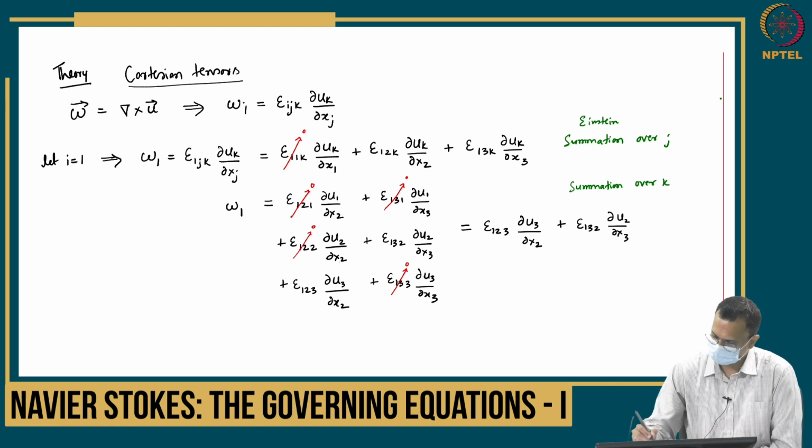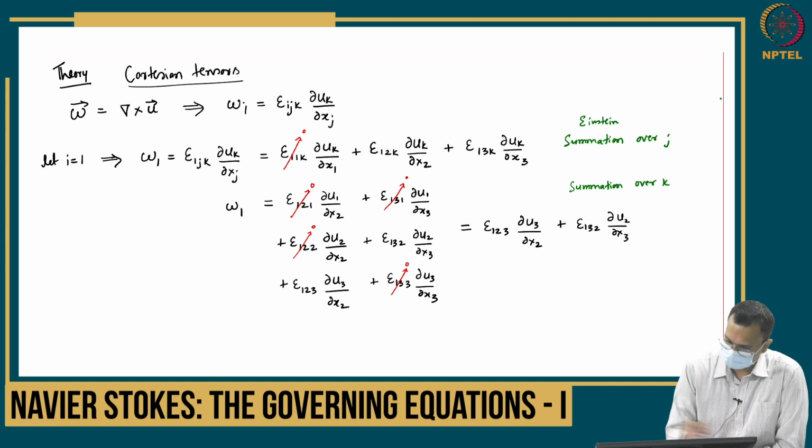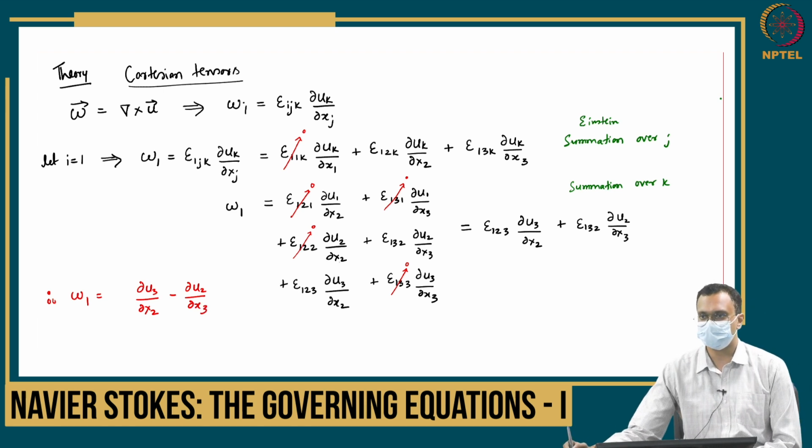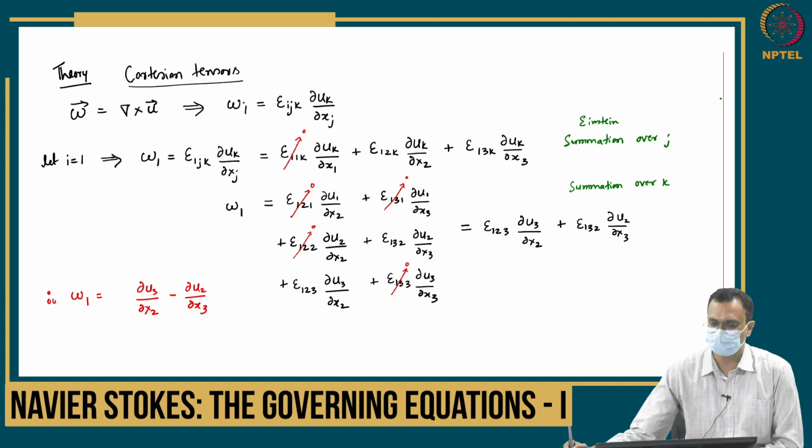Therefore we have omega 1 is equal to plus 1 dou u3 by dou x2 minus dou u2 by dou x3. So you don't need to remember the sign here,